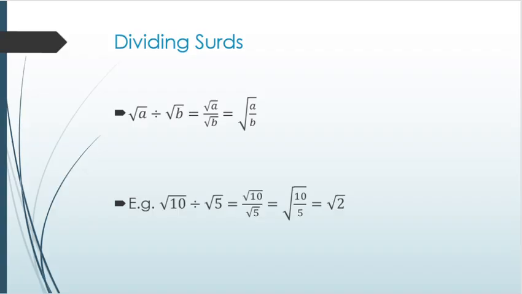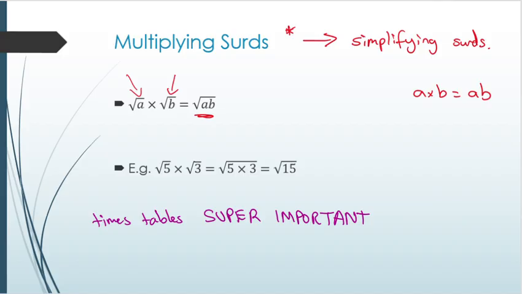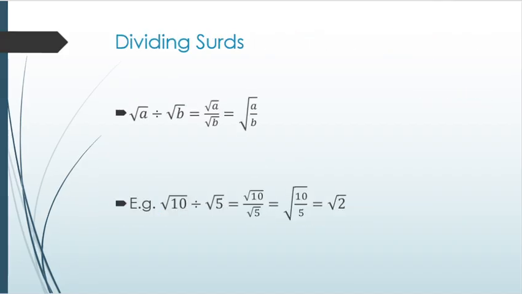Now, dividing surds. Dividing surds can be similar to multiplying, okay? But it's just got a few different rules. So over here, I have a random number and a random number in A and B. Now, another way of writing this first section here, underlined in purple, is this way here, underlined in dark blue. Okay, so it's just the first one in the numerator, and then the second one you put in the denominator. Okay,